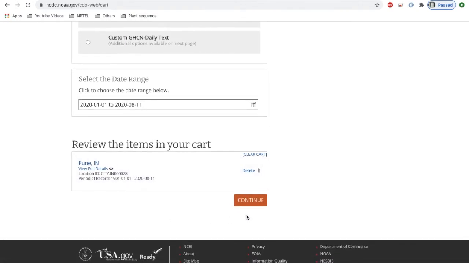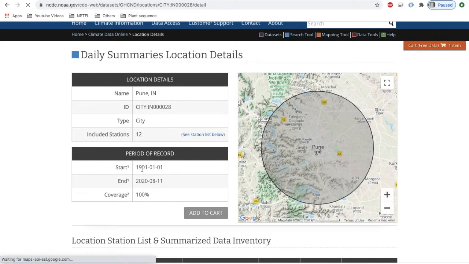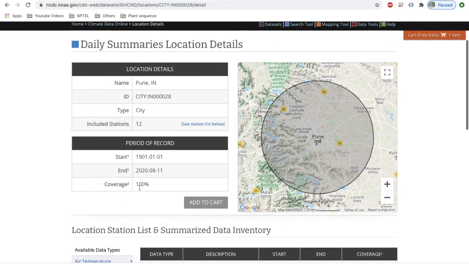You can review the order by clicking view full details. You can see the details over here. This start represents the start and end represents the end of the record that NOAA has. They have record from 1901 till now, and they have 100% coverage, that is they have daily record.